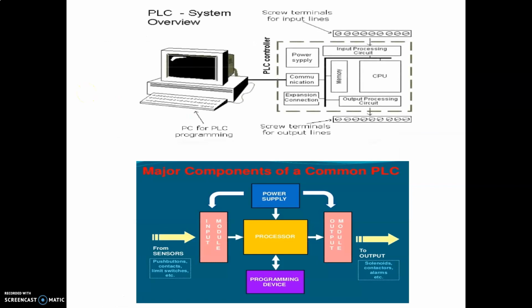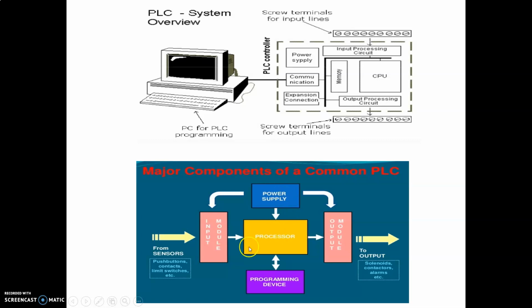So let's try to understand the system overview of PLC. If you look at the PLC here, it consists of these features. The better view is here. The first one is the brain of a PLC, that is called the processor. Now, what does the processor process? It is connected to the input module and the output module. To run the input module, output module and processor, we need a power supply.